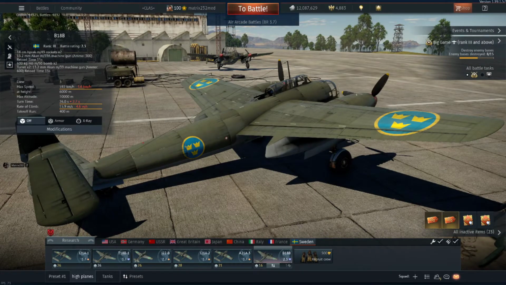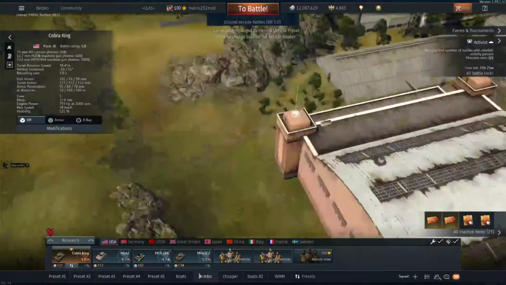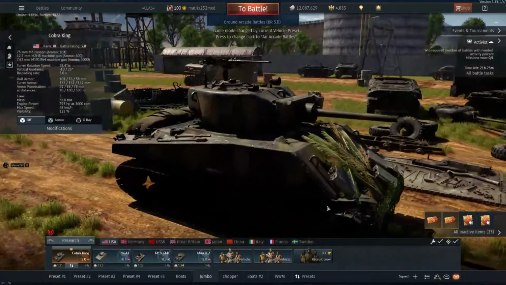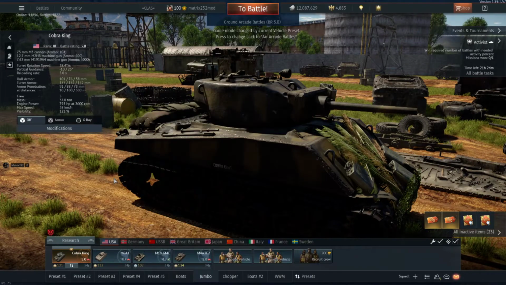Tanks is destroy 50 enemies, win 14 battles, capture 15 points, destroy 12 enemies in one battle, and help 30 allies, 30 assists. So the first thing you should be going for is destroy 12 enemies in one battle. You can always do the tried and trusted 5.0 Cobra King with the Jumbo backup and the M6 as its